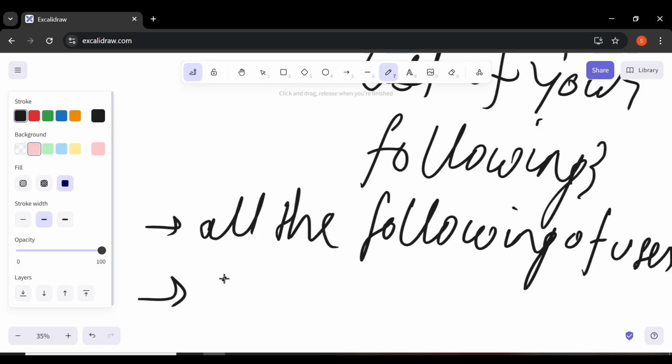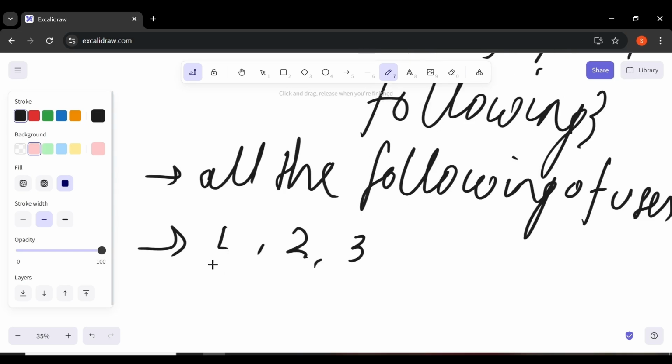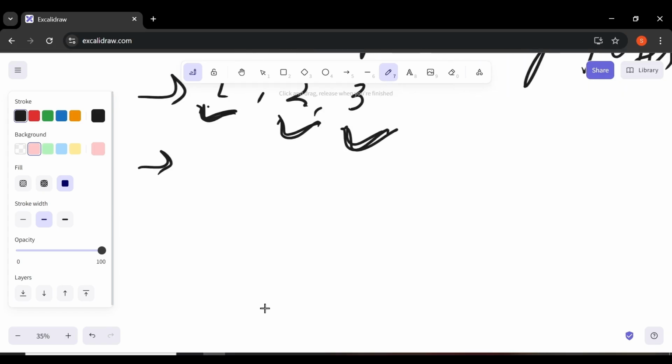Let's say we have 3 users, 1, 2 and 3. First we will fetch all the users, then we will fetch their tweets. Let's say first we will fetch the first user's tweets, second user's tweets, and then third user's tweets, and then we will arrange all their tweets and create the home timeline. It is a very naive and brute force approach, and making this query at runtime will end up slowing down things, because let's say someone follows 1000 plus people,